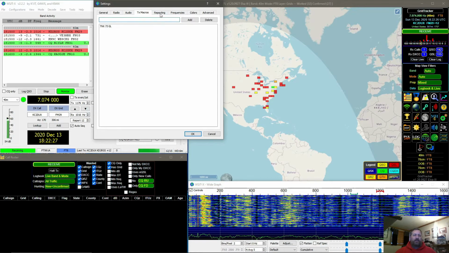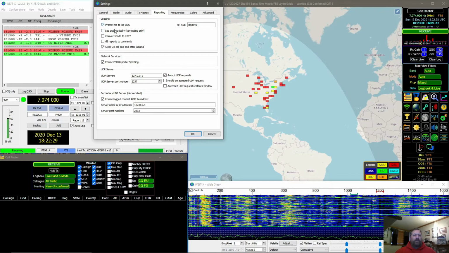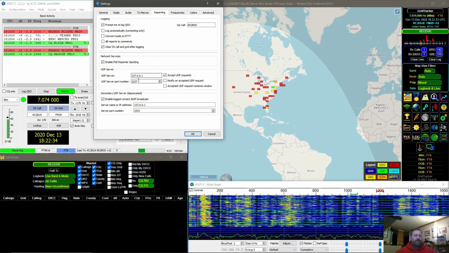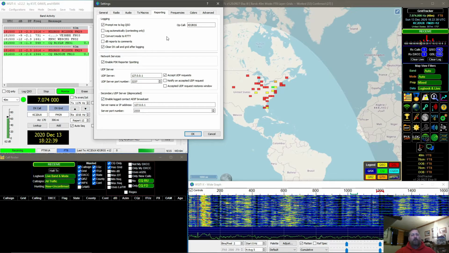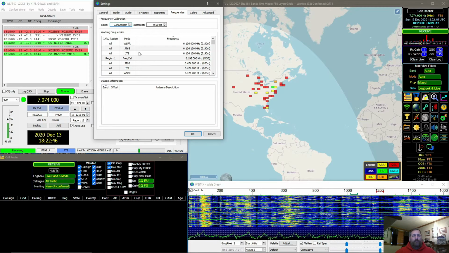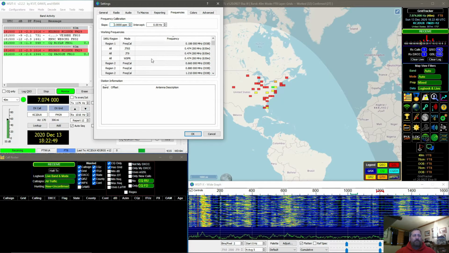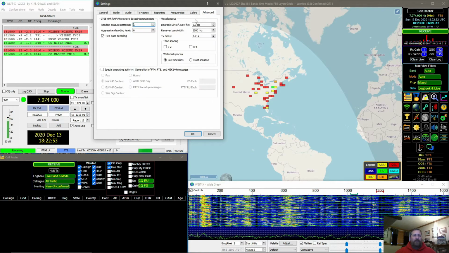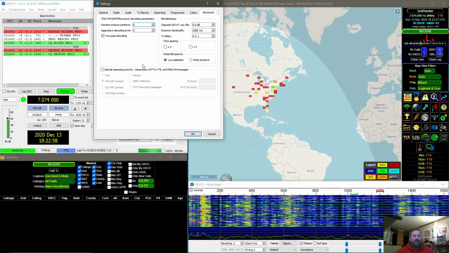Macros, you can preset some macros. I haven't really bothered with that. Promptly log your QSOs, UDP servers for your ADIF files and that. This is what I've got preset in here for secondary broadcasting that helps communicate with some of your channels or frequencies. I haven't messed with any of these settings here. Colors I don't really mess with much. And you can get in here for some of your JT65 and miscellaneous. So you can see here, these are the settings that I've got my